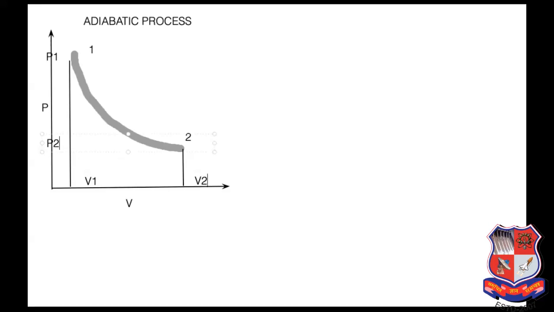Now, first of all, what is the adiabatic process? In the adiabatic process, you have to remember one thing, so here I write down that one thing. Whatever the amount of heat transfer, it is 0. And why is it 0? Because for the process 1-2 and 2-1, the cylinder has an adiabatic cover, and with the cover the heat transfer is 0. So the main key point in the adiabatic process is that heat transfer is 0. Okay, and a frictionless adiabatic process is also there.